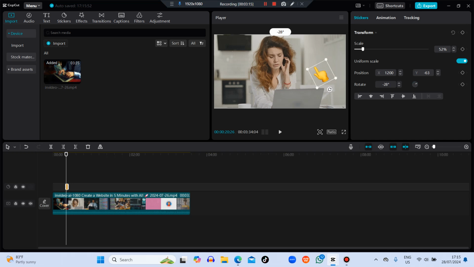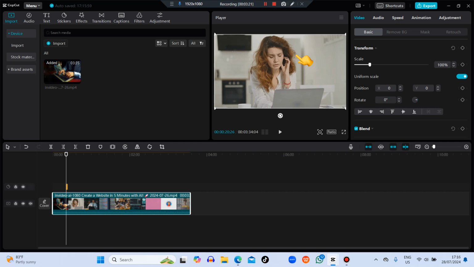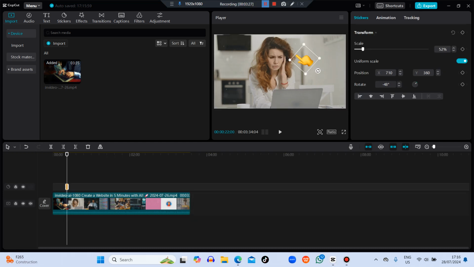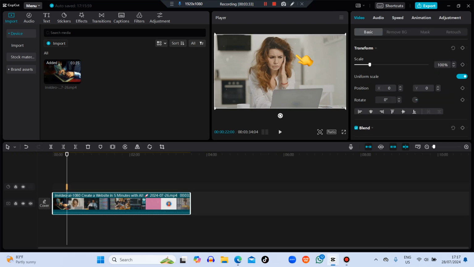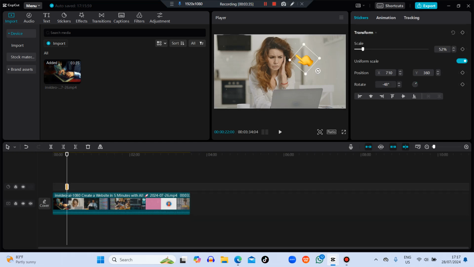Let's say you would like to point to the hair of the woman. You can bring it close and then you can point it this way. Also, you can decide how long you would like this image to appear. For example, if you want the image to appear longer, you just increase it, and if it